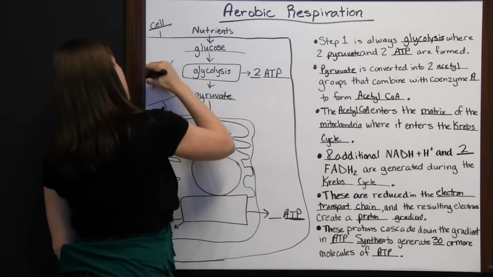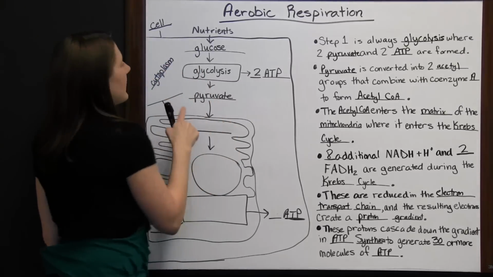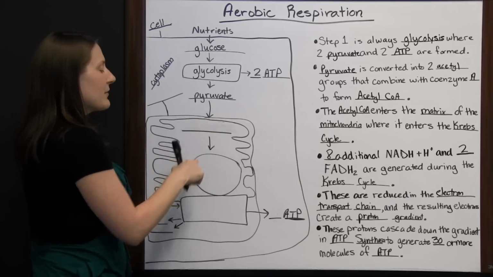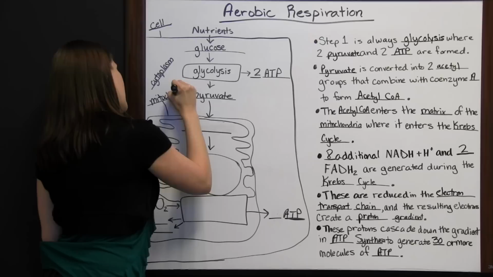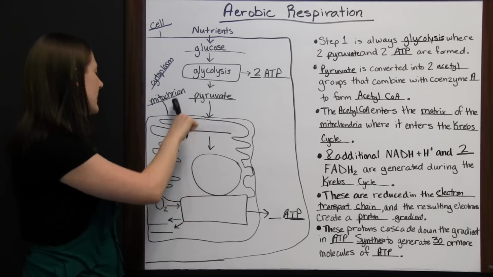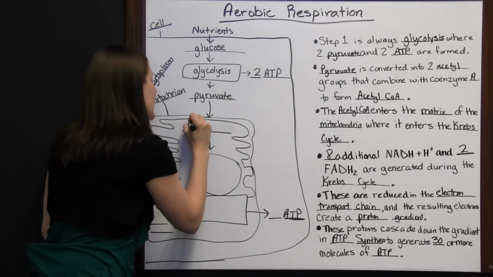And all of this happened in the cytoplasm of the cell. So we're inside the cell, but we're in the cytoplasm. But next, the pyruvate is going to go into the mitochondria. Singular mitochondrion. So it's just going in this one, and it's going to keep going, and the